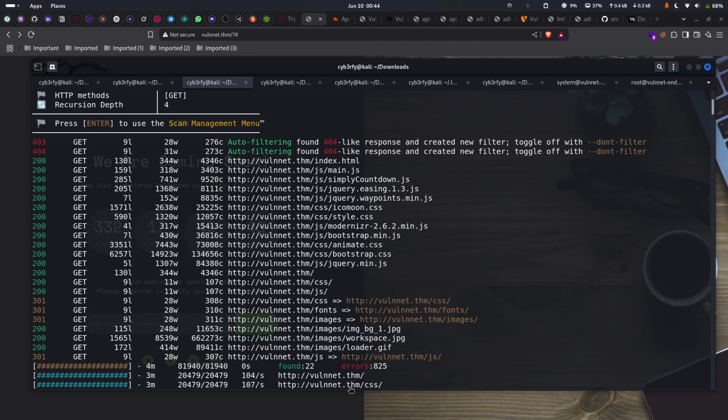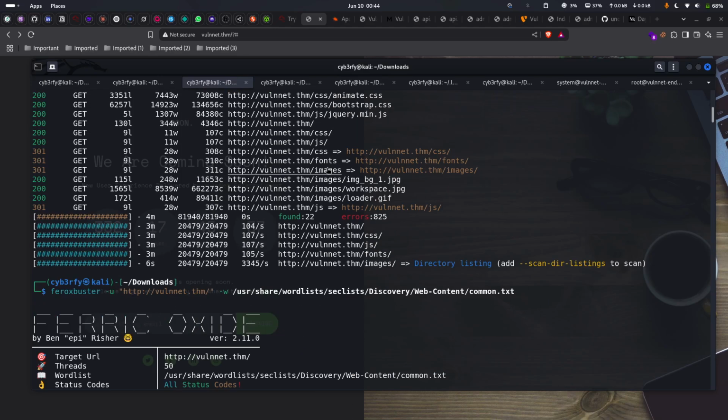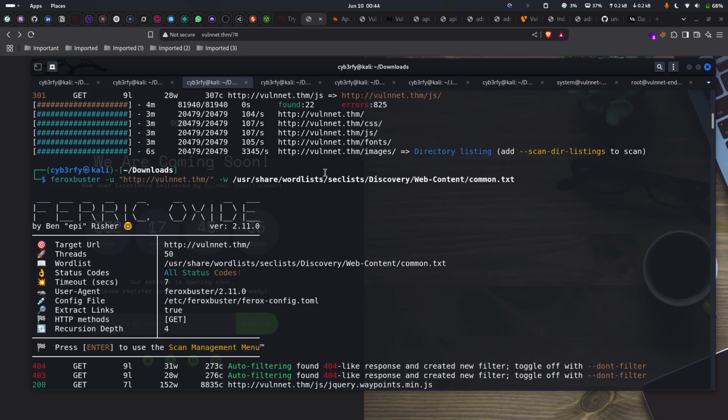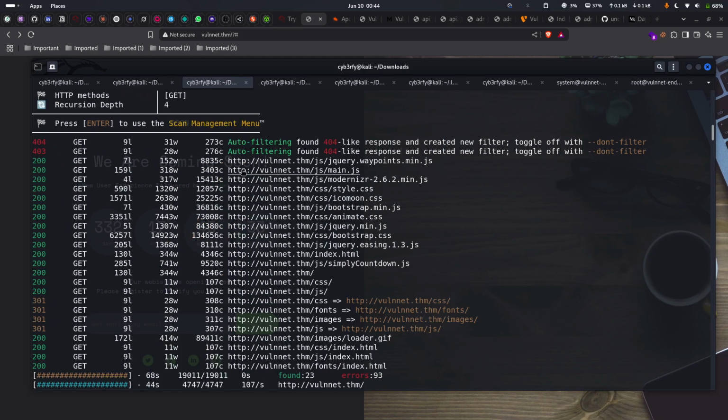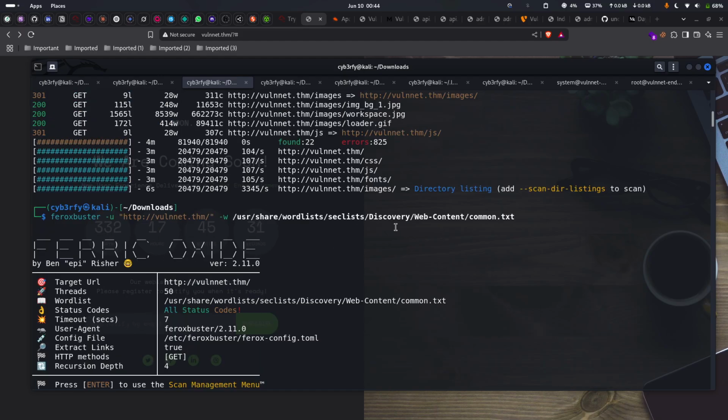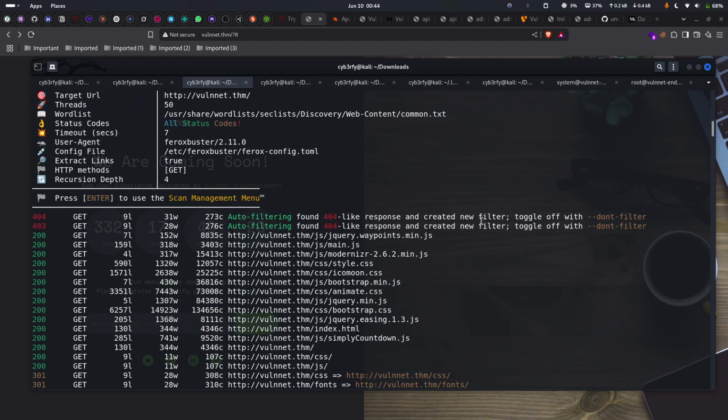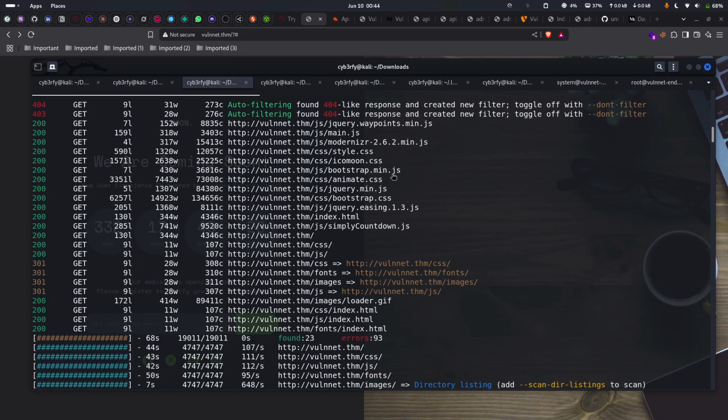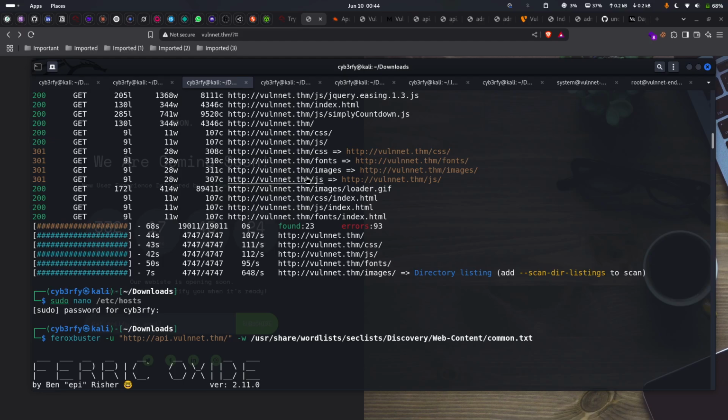As you can see here, nothing was there. Then I searched deeper with a different word list, and I got some more files, but nothing